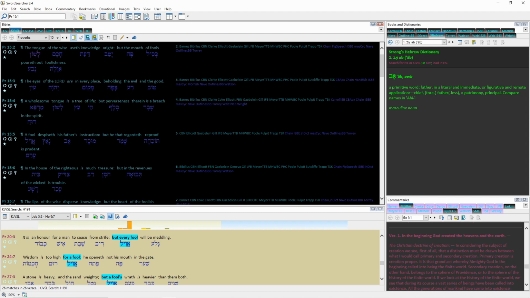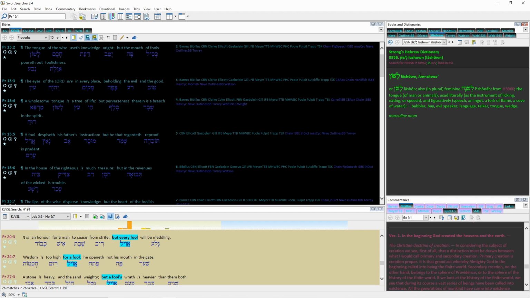So if I wanted to look up the tongue in Proverbs 15:2, you come over here to the books and dictionaries section. Again, you can customize this layout however you want. If you wanted to put the books and dictionaries down here, you can lay it out however you want to. It's not set to any specific way. This is just how I like to do it. Over here, it'll show you the word and what it means. Sometimes Hebrew and Greek have multiple different meanings within the English language.